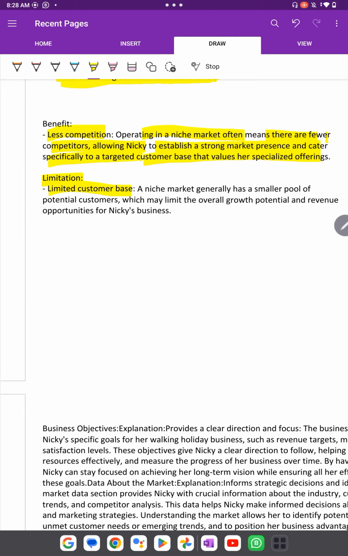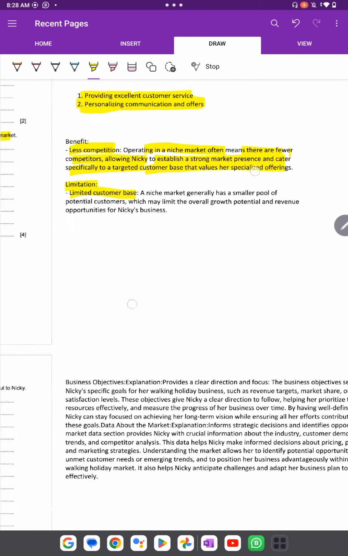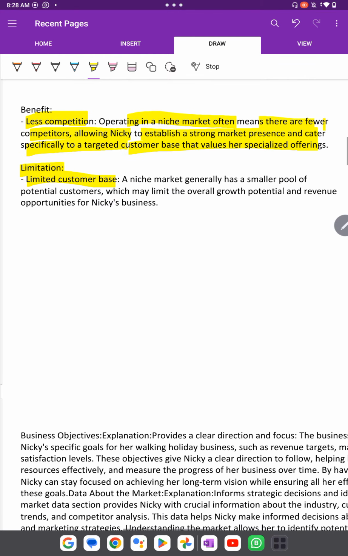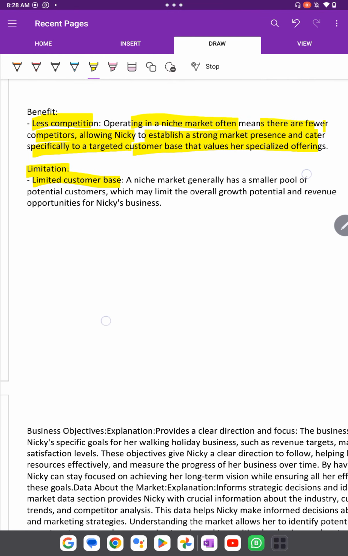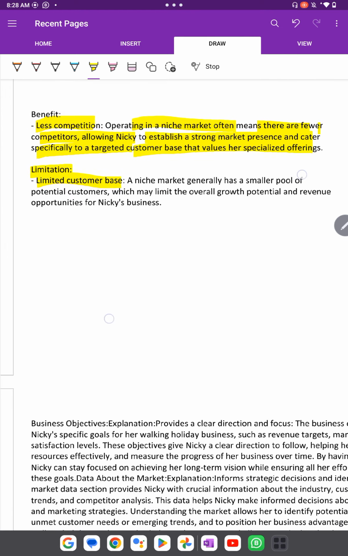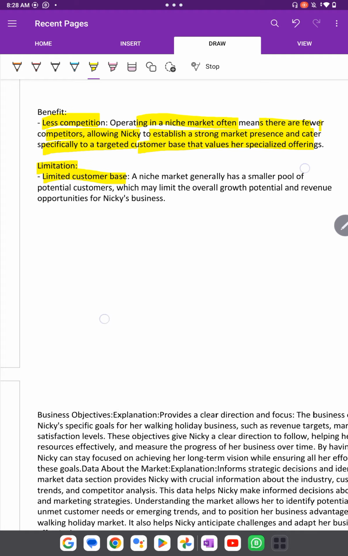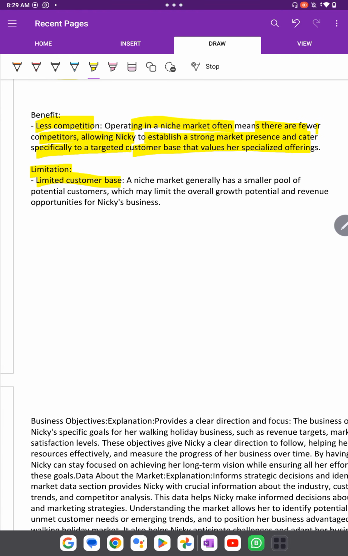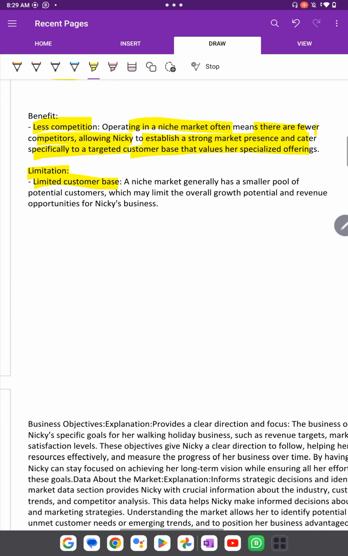So, limited customer base, the number one, because in a niche market there are very few customers, but in the mass market there is a pool of customers, like there are a lot of customers in the mass market, because in the mass market the product is designed properly to identify and satisfy the needs of the customers. So that's why everyone can use the product which is available in the mass market,